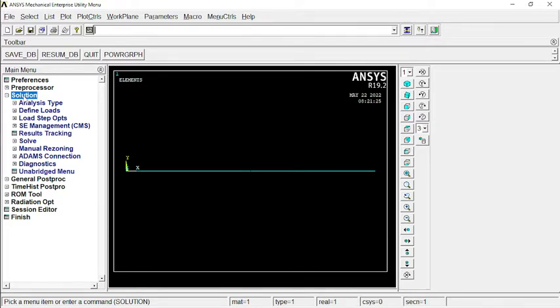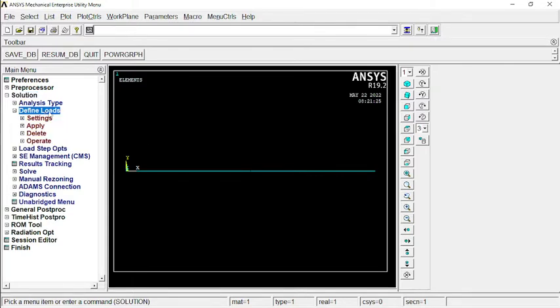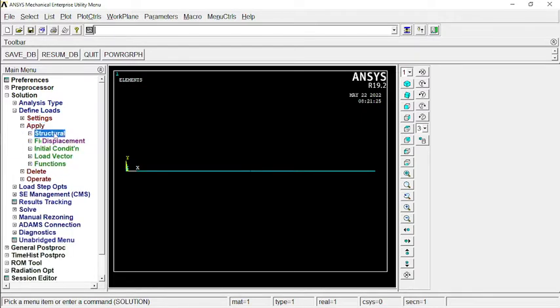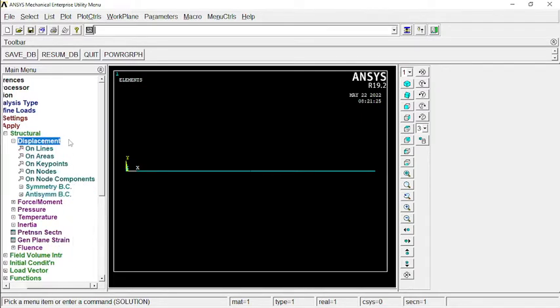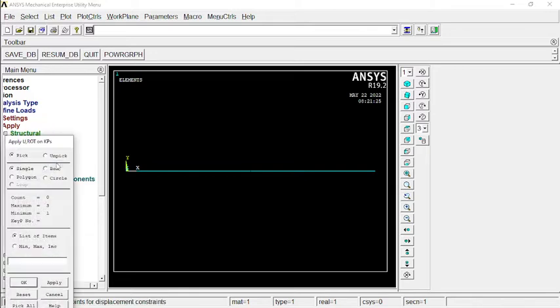At this solution, what we are going to deal with is, we are going first to define the loads, then we will solve and get the solution, maybe the maximum bending moment, and we will see how the deflection will be occurring on this beam. So we will define loads. We will apply structure displacement, but on key points